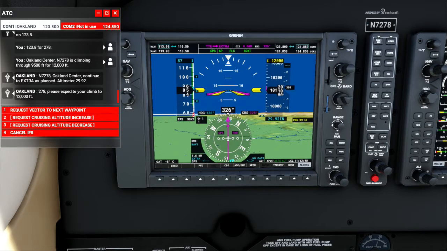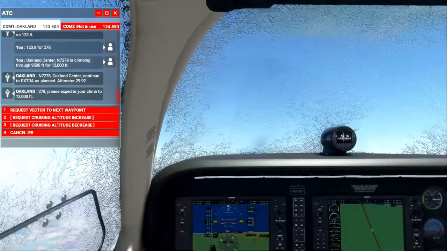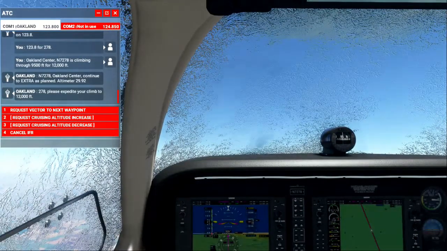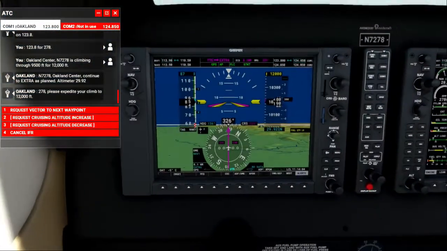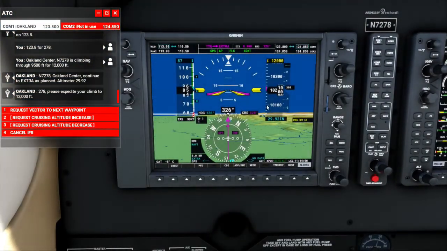Well, I've run into a little bit of trouble on the way to Fresno in the form of ice, and really iced up the plane and lost a great deal of altitude. I'm trying to climb back to 12,000 feet now, and it's going very slowly,